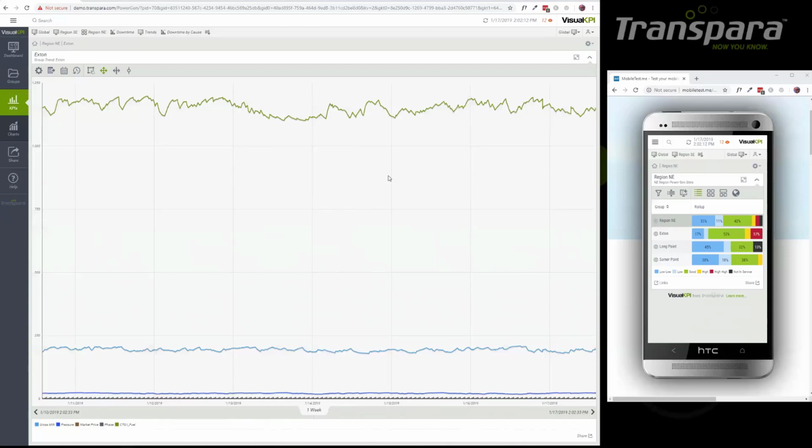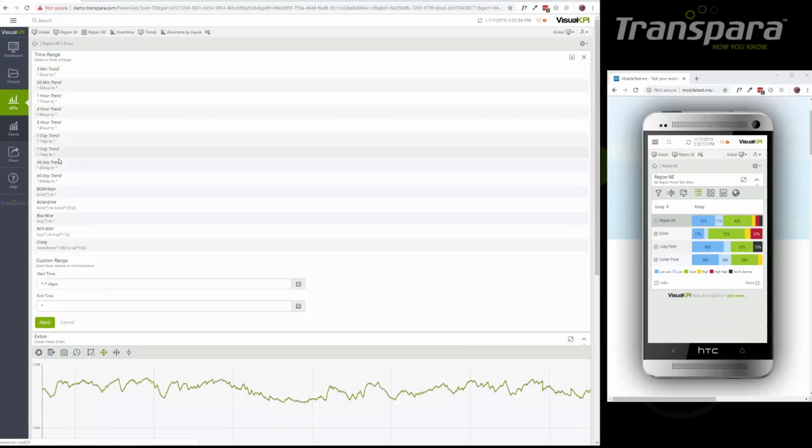I decided I want to correlate all 5 of these KPIs on the same trend and then customize it and keep it for myself. These are on radically different scales. I did that on purpose so we can actually see them. We'll talk about trends in a little more detail later, but just as a quick example, let me customize this